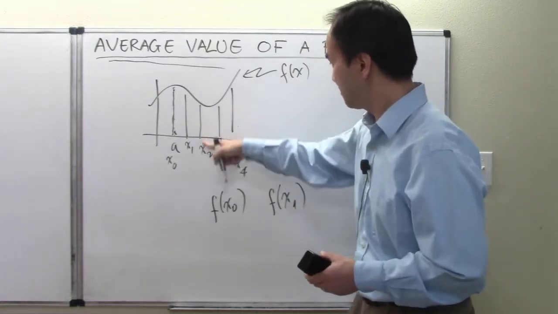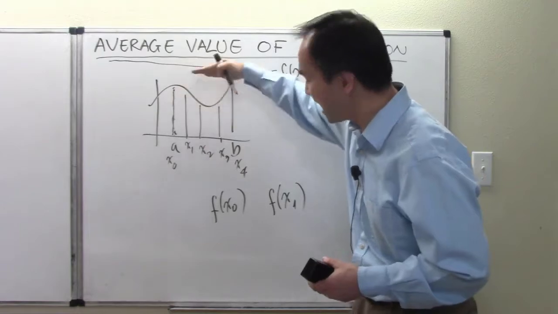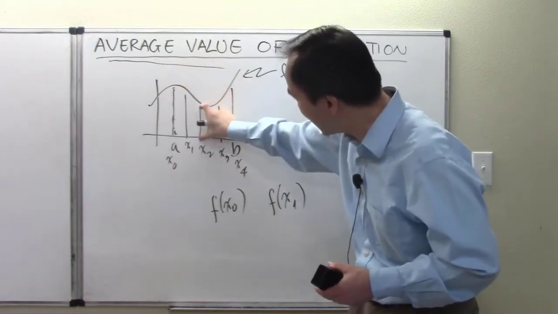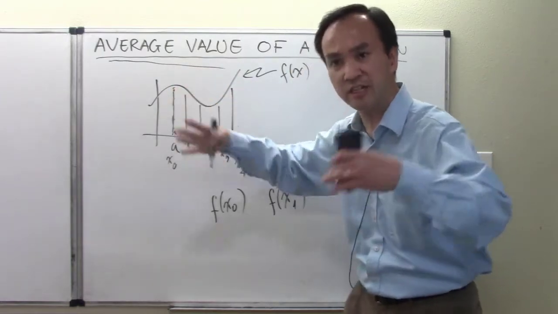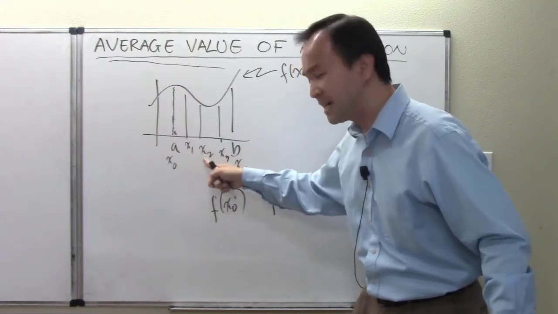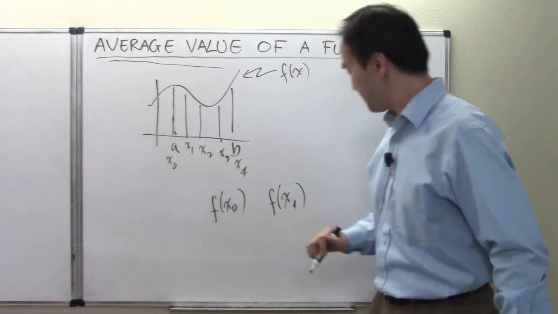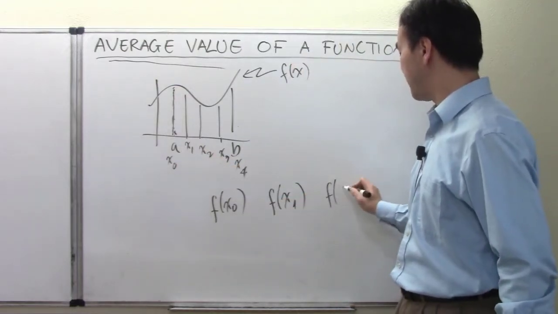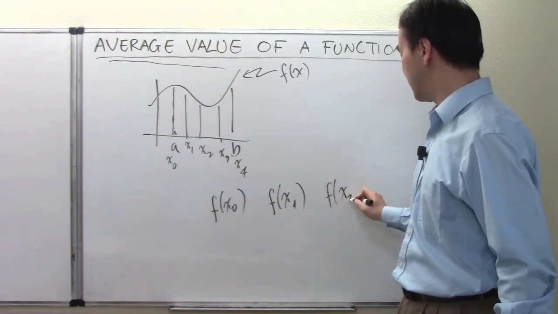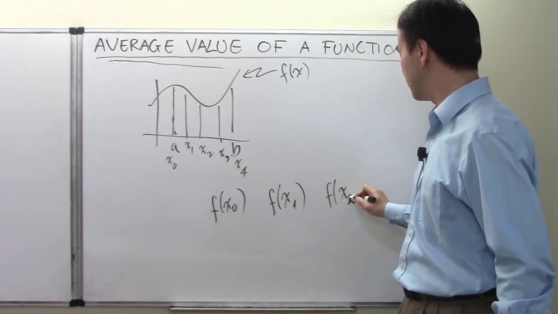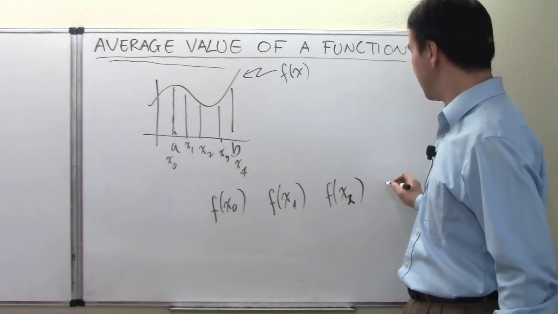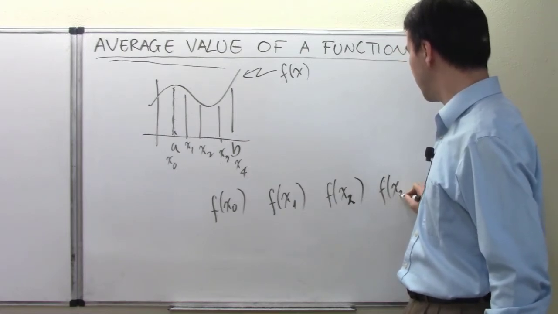And then this function height right here. None of the heights is exactly the same, but maybe some height is equal to another height, but they are different heights at different x values. And so the function output at x2 is another height,